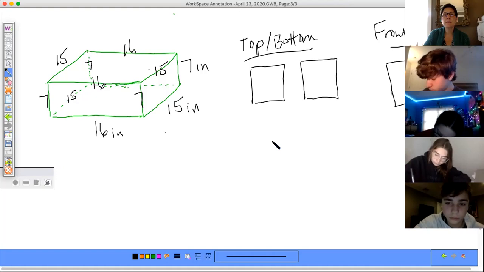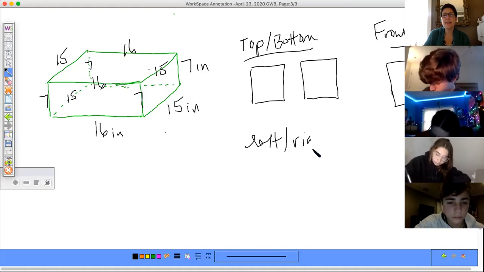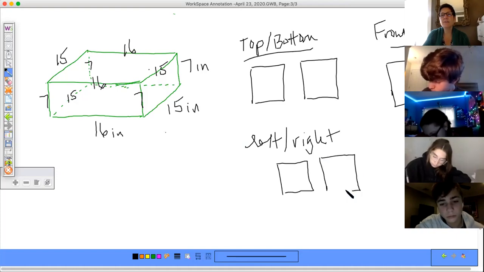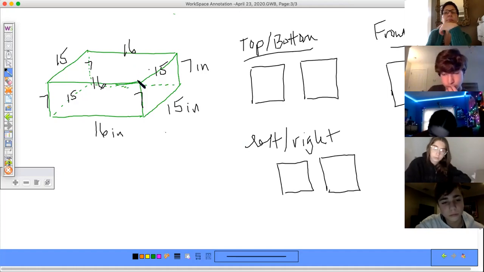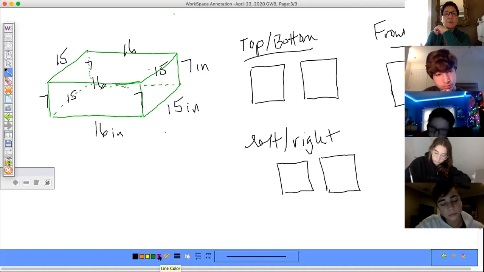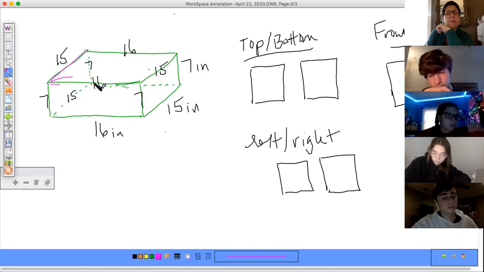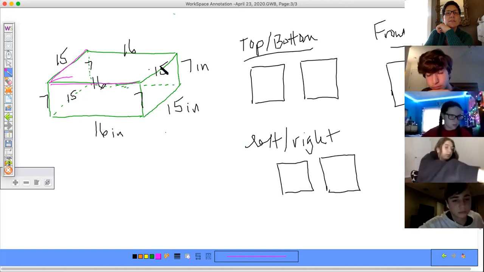And my left side and my right side, absolutely. So what I'm going to ask you to do is see if you can fill in the dimensions of those, looking at the top of the box and the bottom of the box. As you're doing this, grab a different color pen or pencil or marker and highlight the top of the box. So if I highlight the top of the box in a different color, like so,